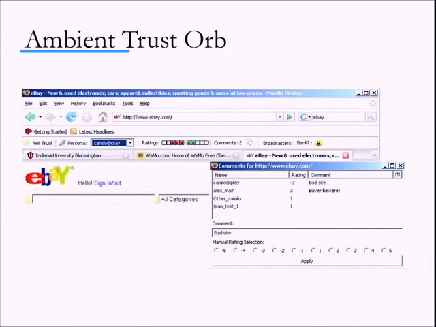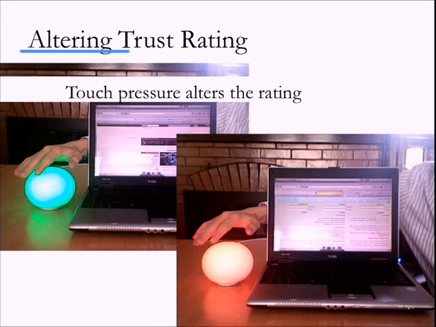So compare that again to this rating. The way you change your rating is you hit it. Get it now? Surfing with ambient trust. So you whap it, and when you whap it, it changes color. The intensity stays the same, but the hue goes from a very intense green to a pure yellow to pure red. And as you whap it, it cycles through.